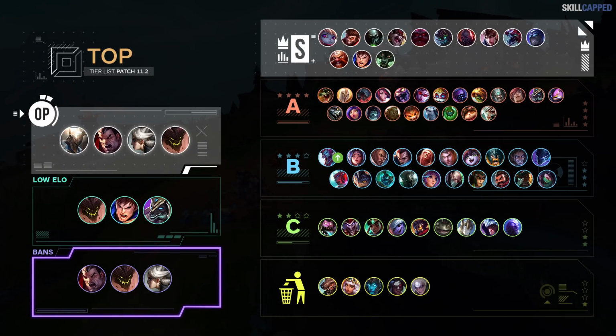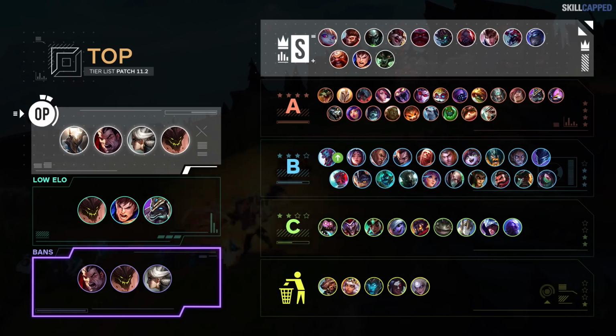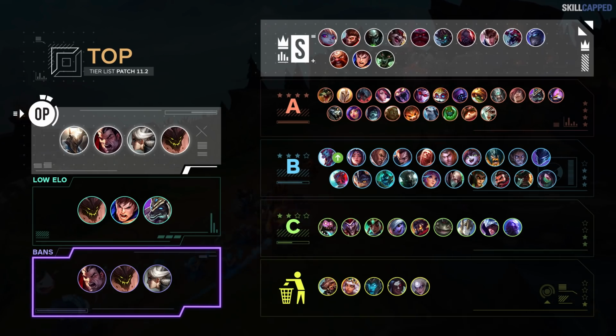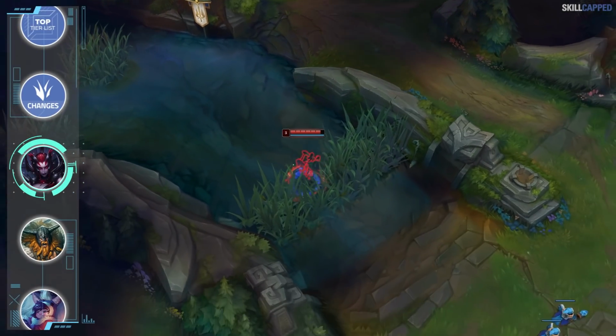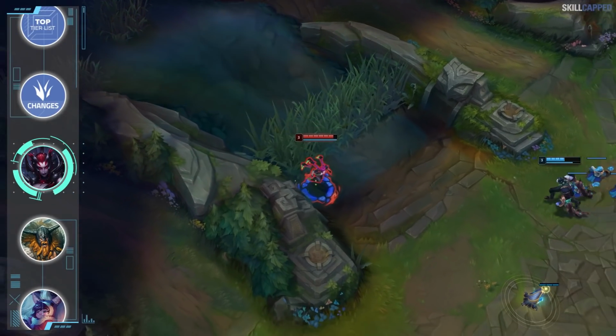And for the best top lane bans in 11.2, our analysts recommend Darius, Malphite, and Camille. All champs are picked at an absurd rate right now and are super OP in the meta, so you'll get good use out of banning one of them. Let's take a look into the jungle now, as we have 3 nerfs and 4 buffs, so jungle is loaded